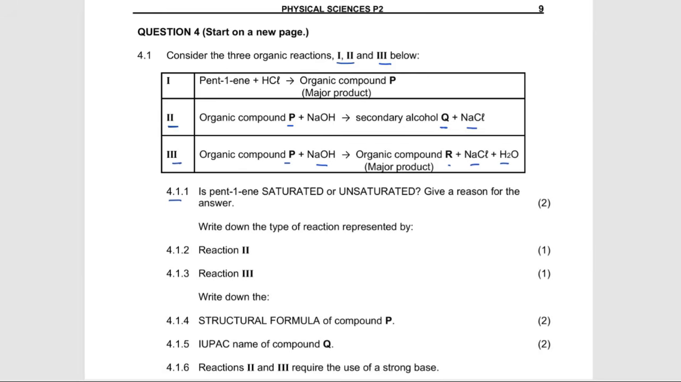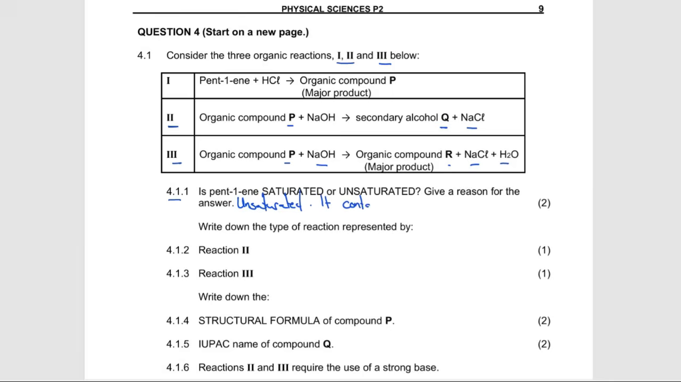So 4.1.1 says, is pent-1-ene saturated or unsaturated? Give a reason for your answer. You can see the pent-1-ene is an alkene, and alkenes are unsaturated. So our answer there is going to be unsaturated. They are unsaturated hydrocarbons because they contain carbon and hydrogen atoms only. Here I'm going to say the reason is that it contains a double bond,